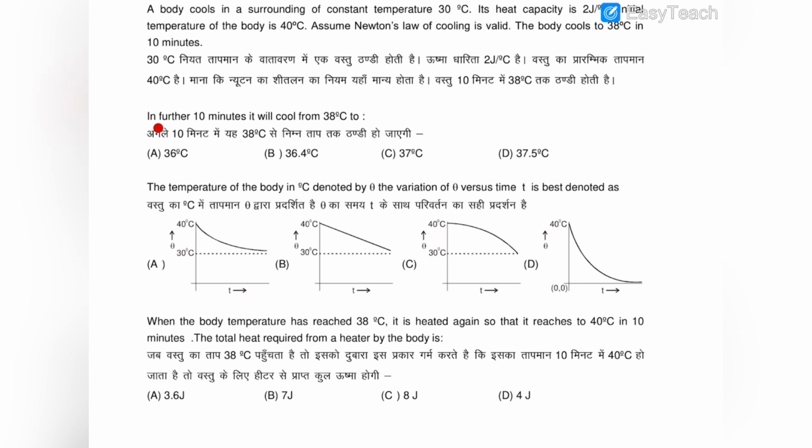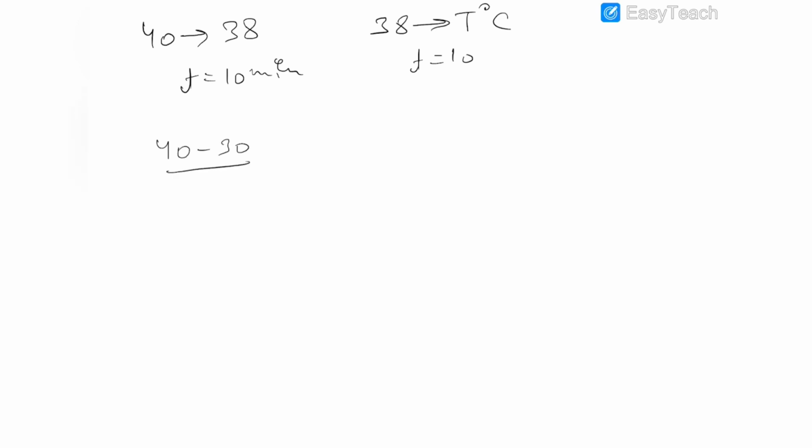So we have to first of all find out that in a further 10 minutes it will cool down from 38 to which new temperature. It is given that it cools down from 40 to 38 in 10 minutes, and in a further 10 minutes we assume that it cools down to T degrees Celsius, again in 10 minutes. So we'll again use that trick which I have already demonstrated in the previous question, that (40 minus 38) upon time, which is 10 minutes, is equal to C